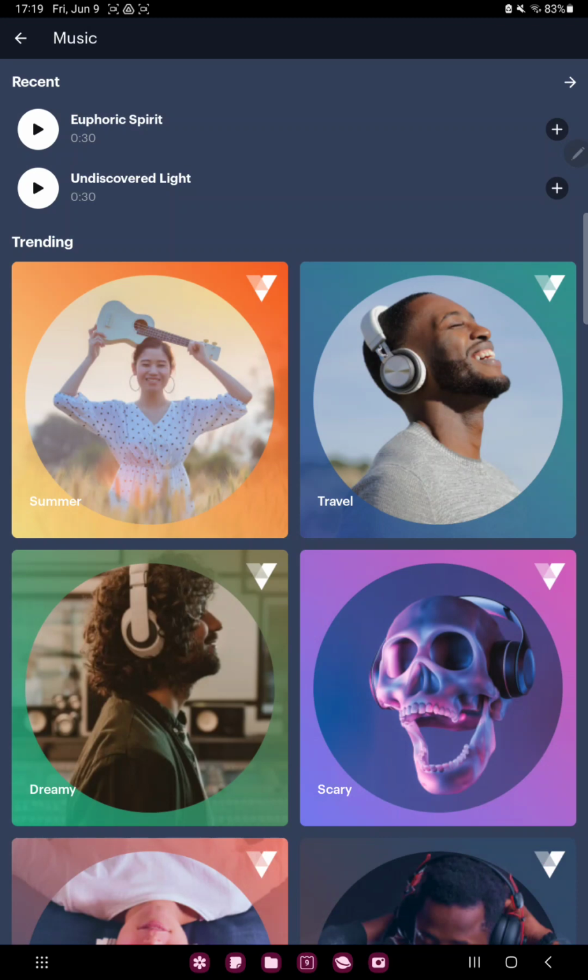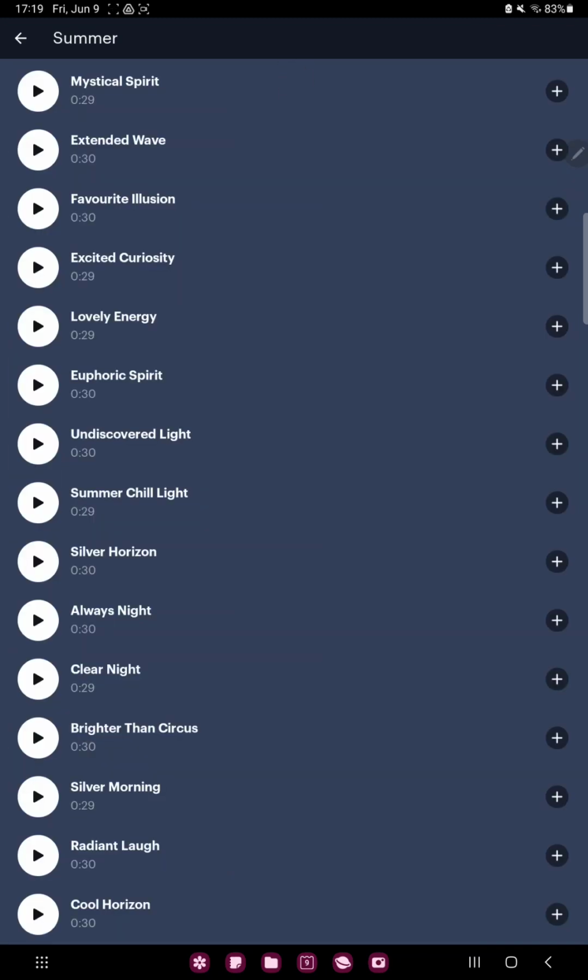your post, click the music section. For example, tap the summer section, and if you want to add the song, click the plus icon